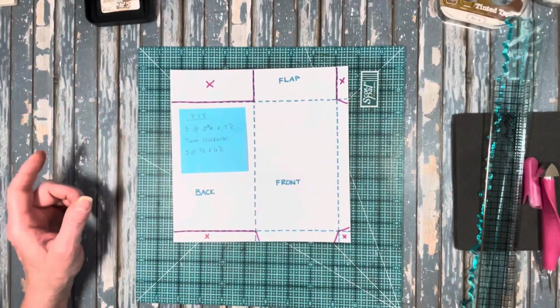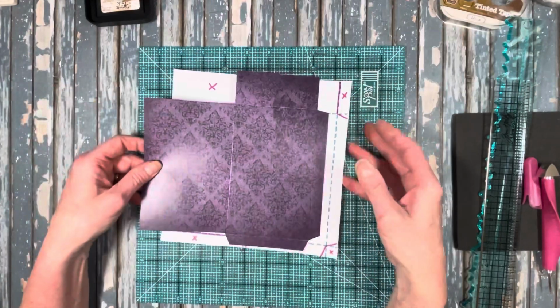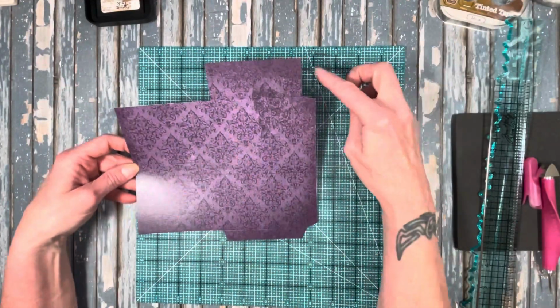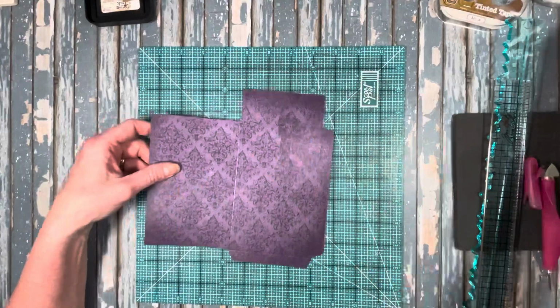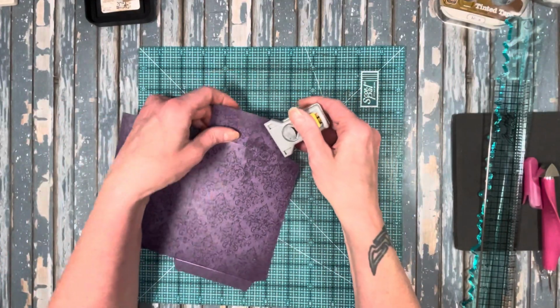So once you do that, you're going to end up with a piece, whoops, excuse me, that's upside down. And it's going to look like this. So you can see I cut that part off, cut here, I mitered here and here, and then I cut that straight. Next thing I did was I grabbed a corner rounder and punched